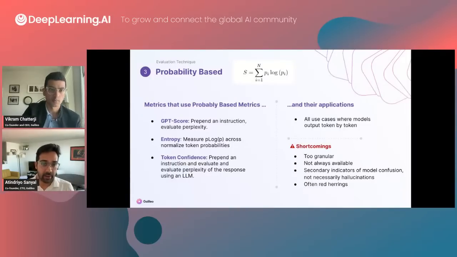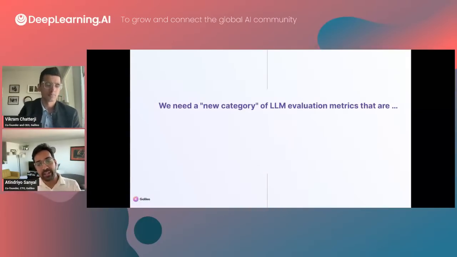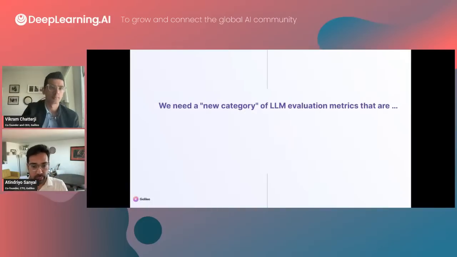And in those cases, techniques like these kind of become a little restrictive. So we've talked about the three broad categories of metrics which are today used for hallucinations. And there's many experiments which we've done internally to identify issues in these existing metrics. And we essentially figured that there is a need for a new technique which not only takes some of the better principles of the techniques which I spoke about, but also leverages these distinctive powers of these new LLMs, like their ability to respond to chain of thought prompting, and use that to create a new category of metrics, which